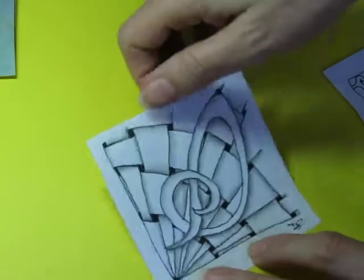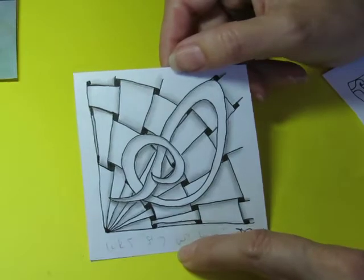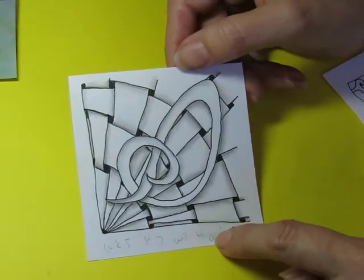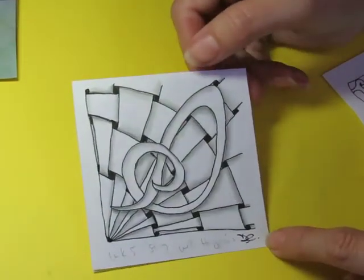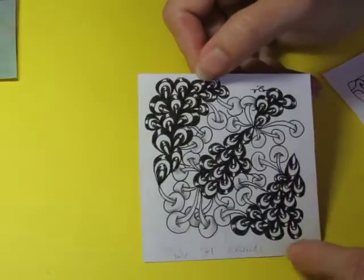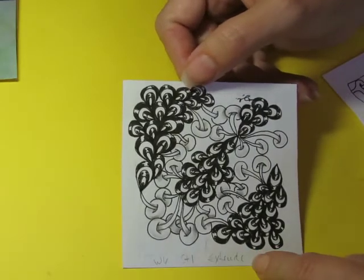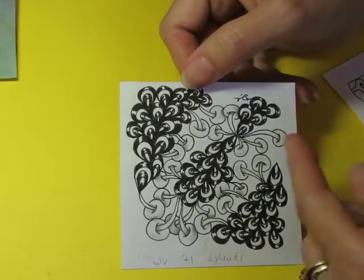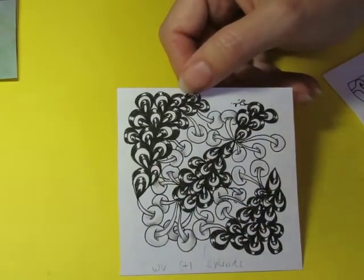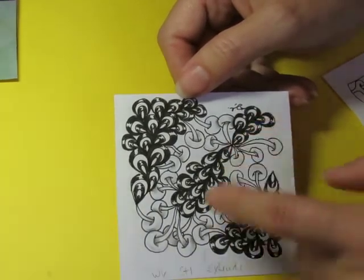Here's one that at the end of week 5, this was string number 7, and I did W2, and it's sort of a basket weave thing is what it turns out to be, and that's what I drew. And then I went on to week 6 on string number 1, and I used poke root and a little bunzo. So I'm combining some of my go-to patterns, bunzo is one of them, with the